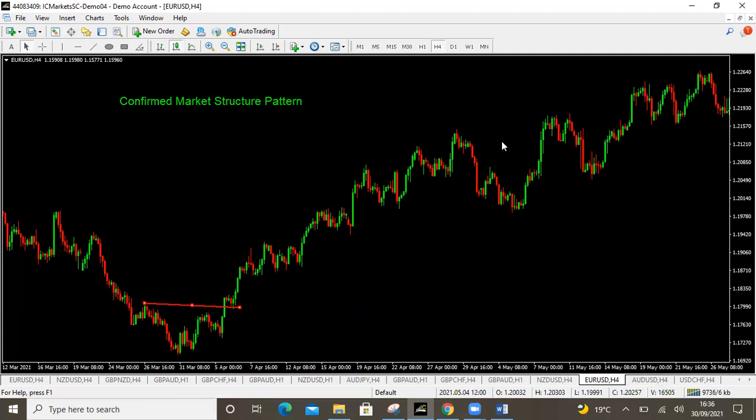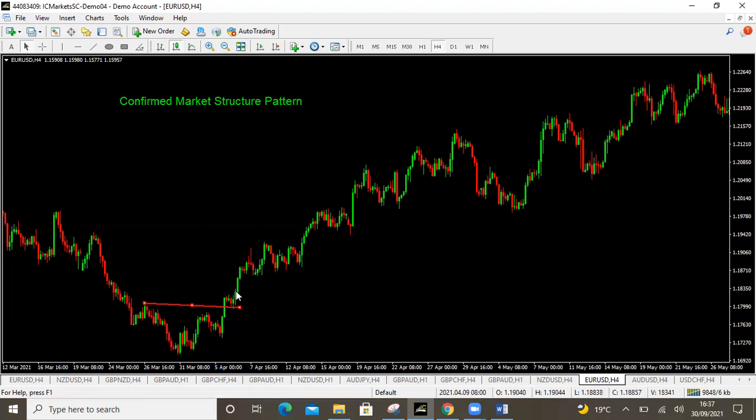Okay. One thing that I feel the need to really emphasize is if you're going to use confirmed market structure, then have the discipline not to get trapped counter trading. Don't get yourself trapped counter trading. Okay, be patient enough. If you're a swing trader, the confirmed market structure will really work well with you, because all you have to do is really flex your muscles on those lot sizes,